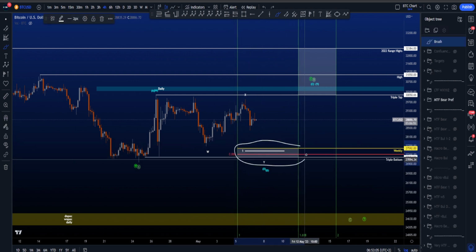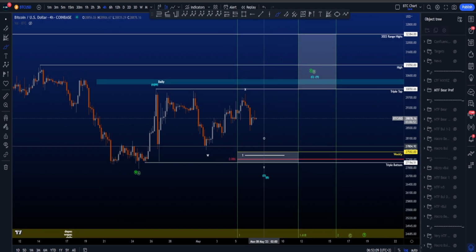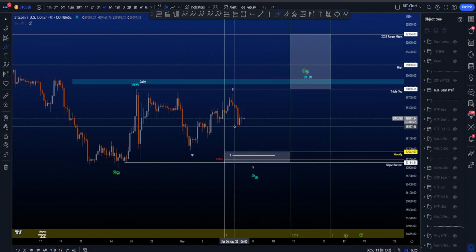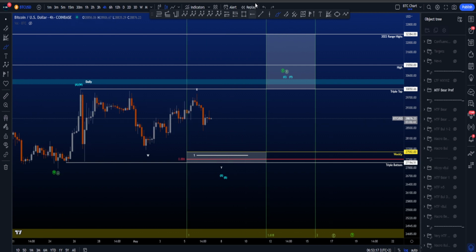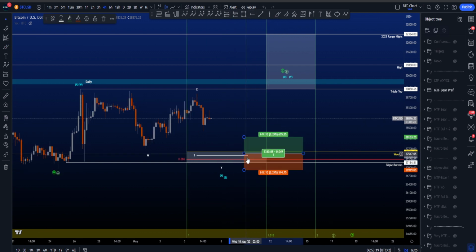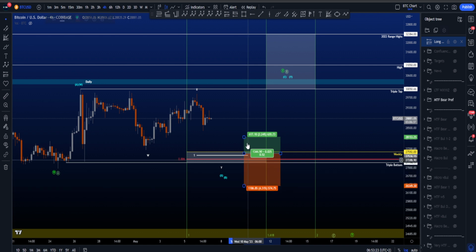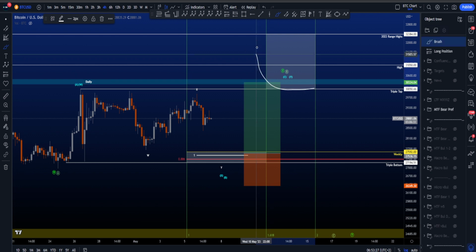So this is a nice bit of confluence inside this area for a potential move to the upside. If price would move to the downside, of course one usually has to wait and see what price is going to do in this area. Of course everyone has their own plan and their own strategy, but that could be a potential long scenario, stop loss safely below somewhere,